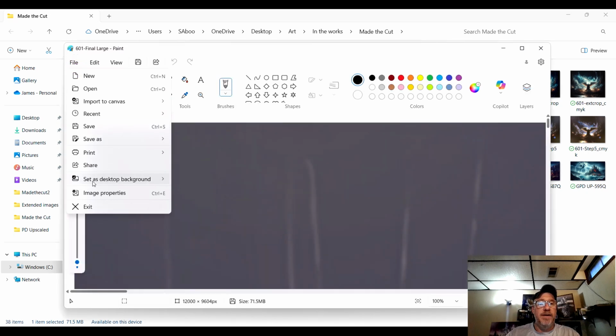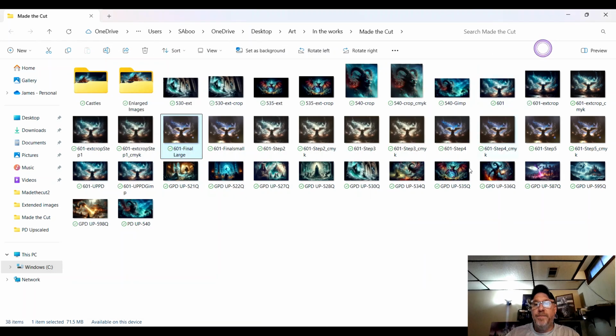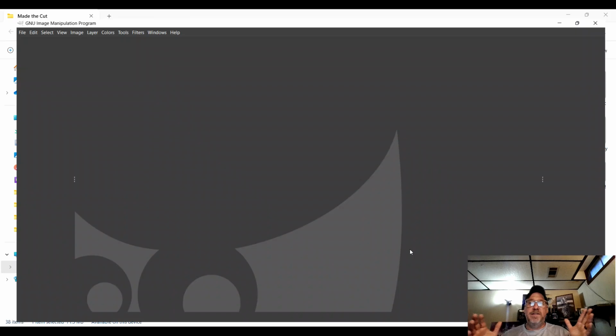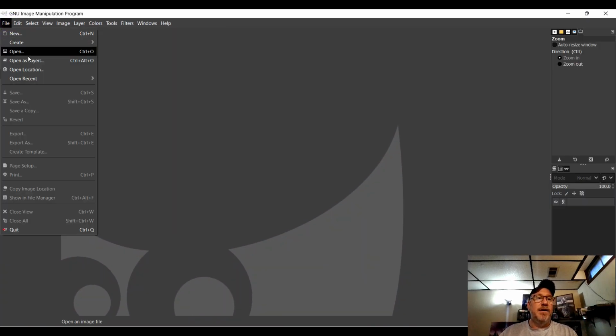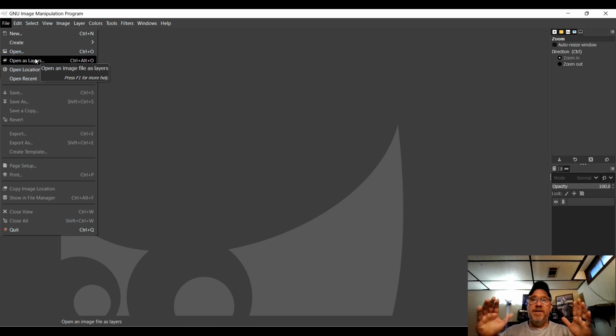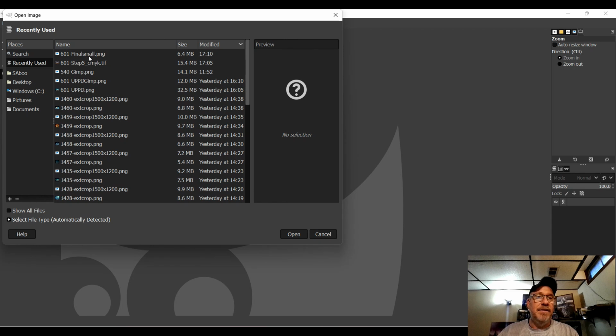and we can check, see what our image properties are. Now, it left me at 240 DPI. So I'm going to have to jump back into GIMP, and I'm going to have GIMP use its system to upscale it to the proper DPI, because we want to be at 300. Even though we're going to squish the image a little bit for our prints, we want the original image to be at